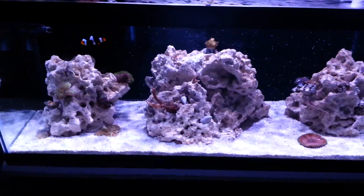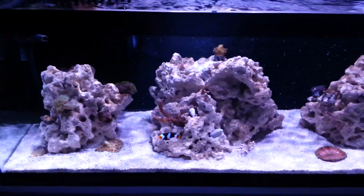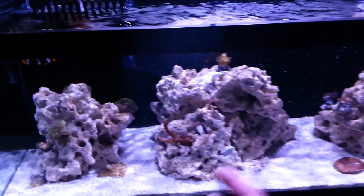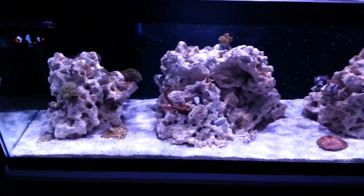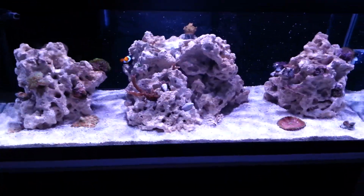I really like to shoot for that 10 times turnover rate. Anywhere between 5 to 6 times turnover rate through your sump is really good. I like to stay on the higher end, 10 times turnover rate, because I do shoot for mixed reefs, and I like to have that little bit more water movement inside the aquarium. Now 10 times turnover rate still ensures that the water is not flowing through there like a raging river, and